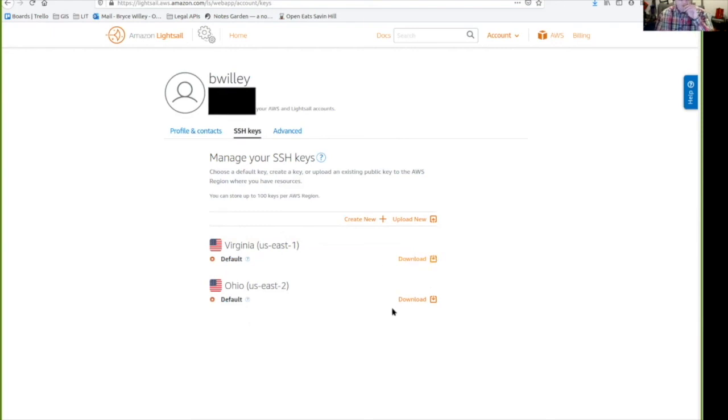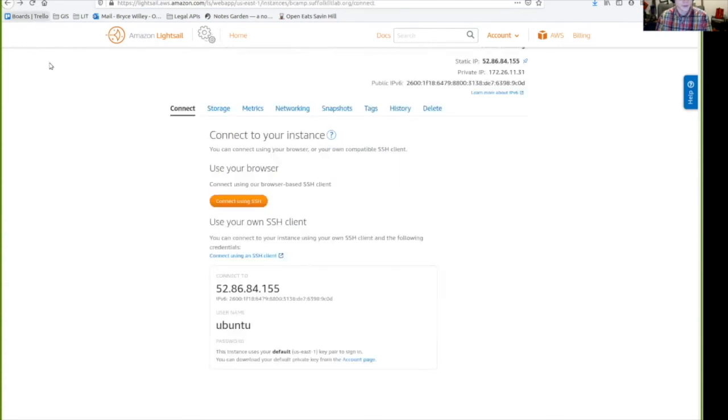We'll download this key. And now that it's downloaded, we'll connect to it. So I'm going to stop my screen share,